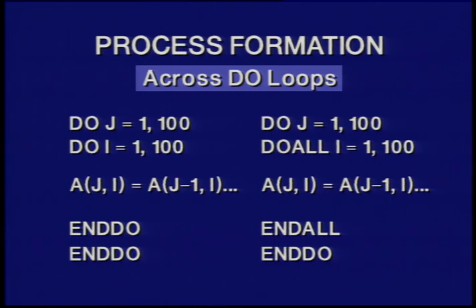Now, what will really happen here is that, looking at the right-hand side, the do all I equals 1 to 100, it may not be worthwhile to form 100 different independent parallel processes, each of which we will need to have some sort of way of starting up, some way of coordinating it, say when we get to the end of it. And because each one of those hundreds is being done 100 times, we may want to revise this so that we cut down on the cost and increase the amount of work we're doing. And that's what we'll talk about when we get to the formation of useful parallelism for the given target architecture.